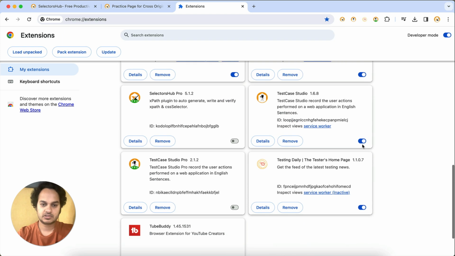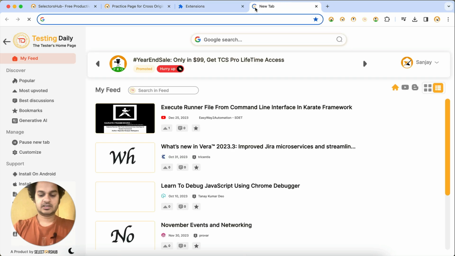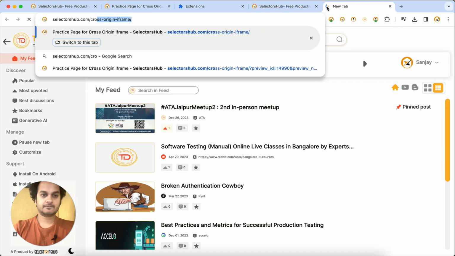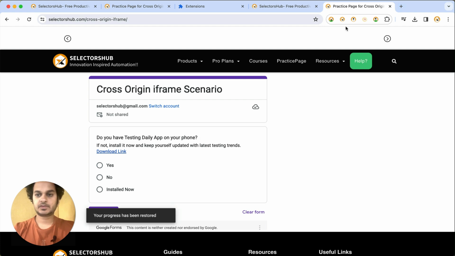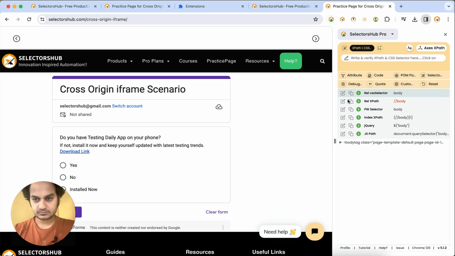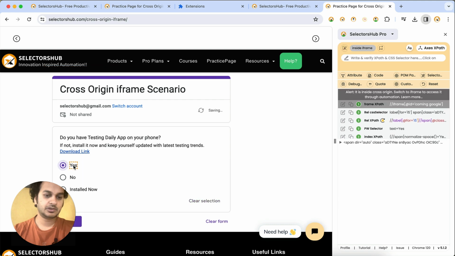I was showing the older version already. This is the production version, so you can see 5.1.2, and here let me just open those pages again, cross origin iframe. Okay, and now when you open SelectorsHub Pro here, you see that the PW selector is already automatically generated, and if you inspect any element which is inside a cross origin iframe, now you see that we are able to inspect it,